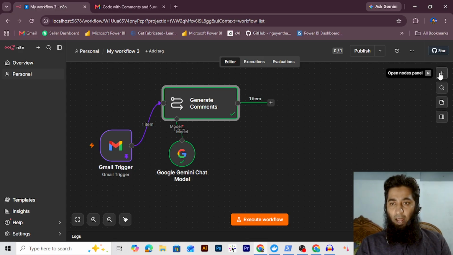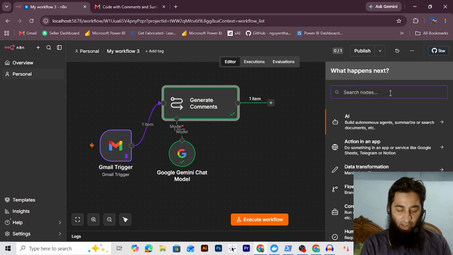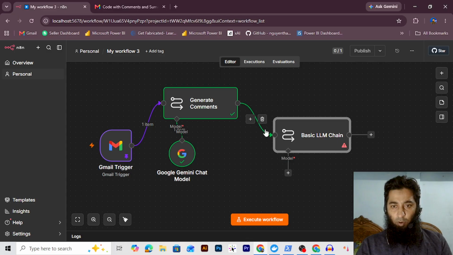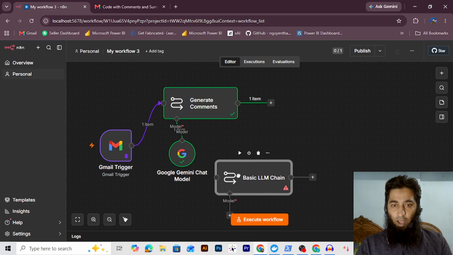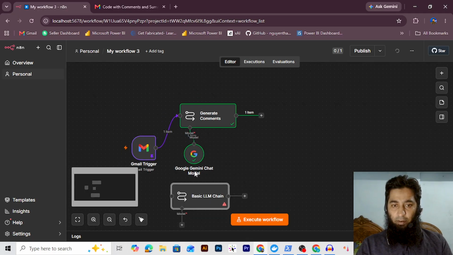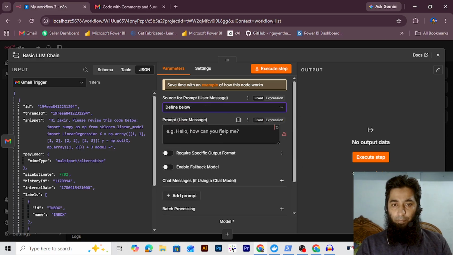So in order to do that, I will click on the plus icon and I will write basic LLM chain. So I will drag it over here. So you can see that it is connected to the generate comments. So I will not do that. I will drag it over here and let's zoom out a little bit and connect this Gmail to that basic LLM chain. And now if I click on that, and here I need to choose define below,